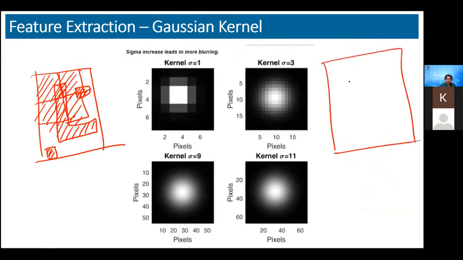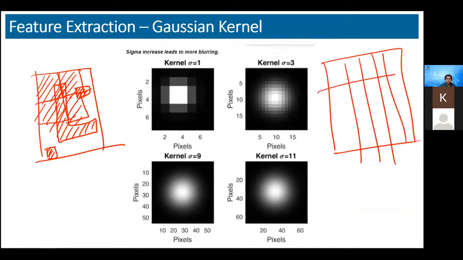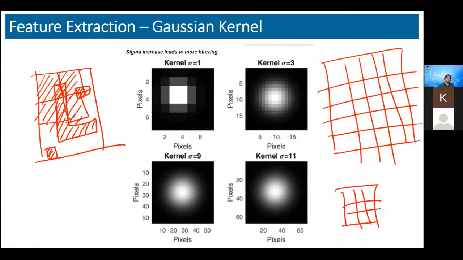What the size of the region is depends on the kernel that you are applying. If you're applying a 5 cross 5 kernel, it will create a different type of averaging compared to a 3 cross 3 kernel. So this kernel will create an average, and the way the averaging is done is based on a Gaussian distribution. If you use a Gaussian distribution with a large sigma,